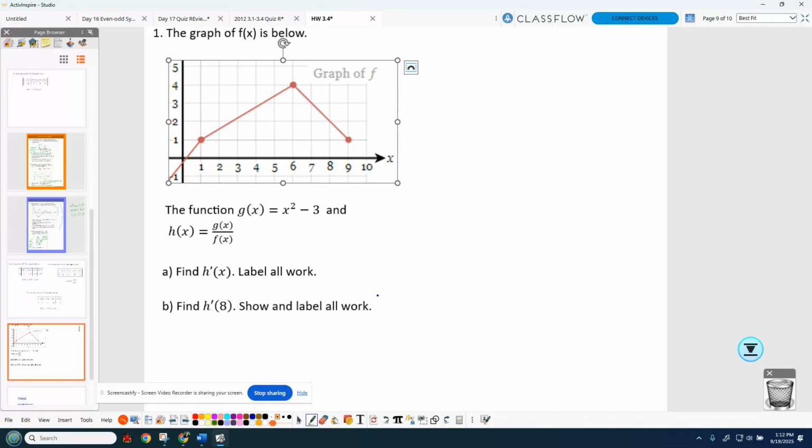That's the graph of F of X. Look at the slope of F of X. When you plug in X for F prime of X, you get the slope. It's negative 1, right there. Yeah, how do you find